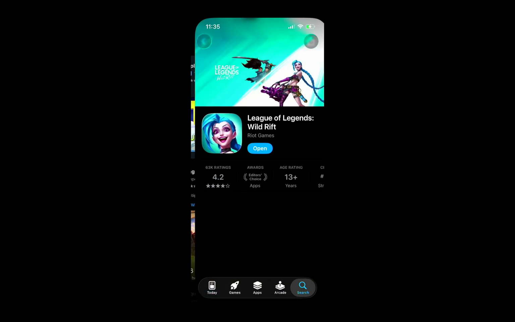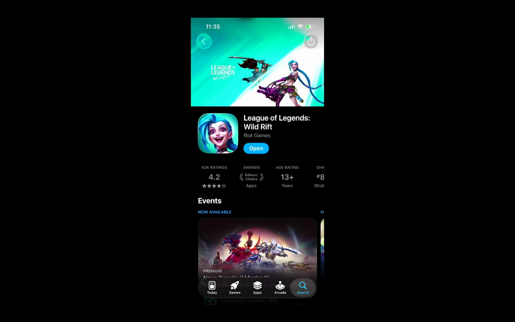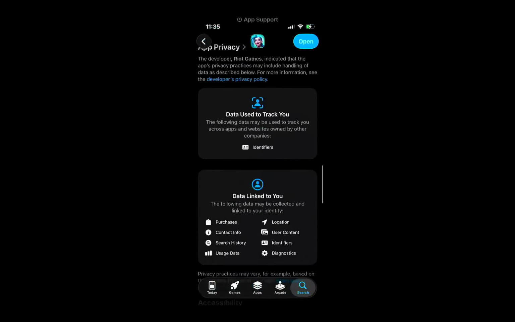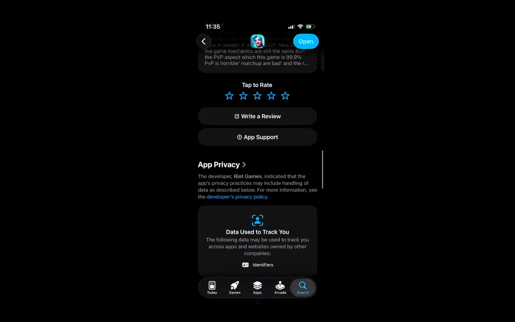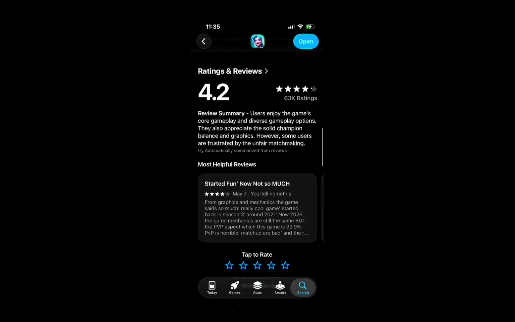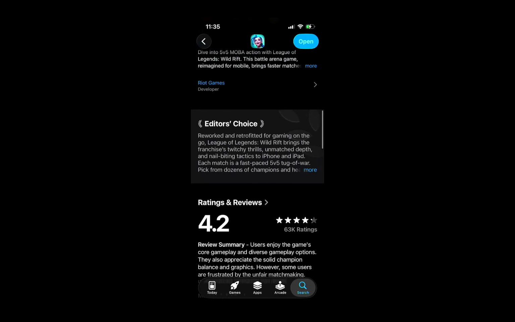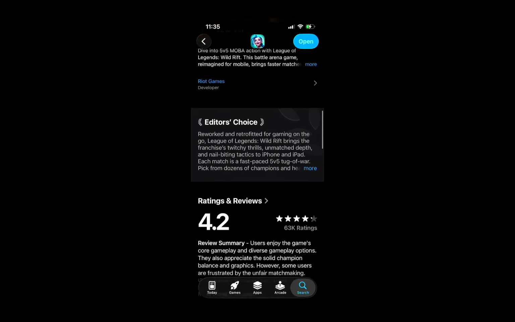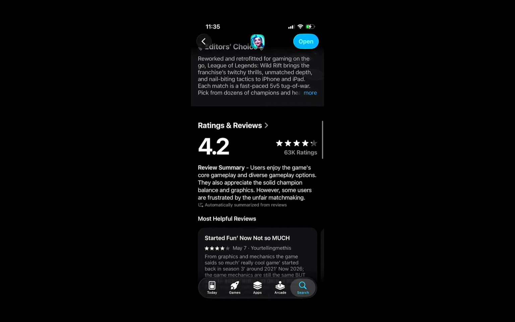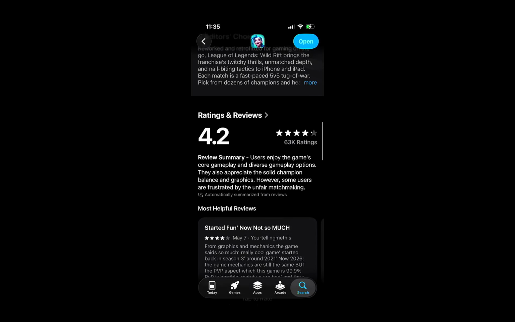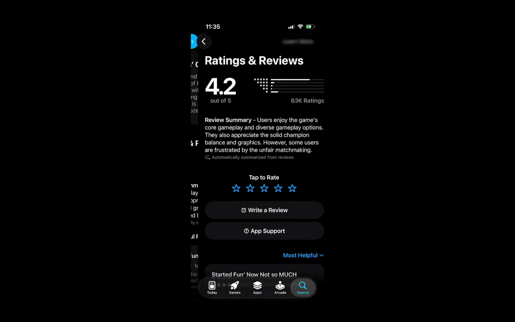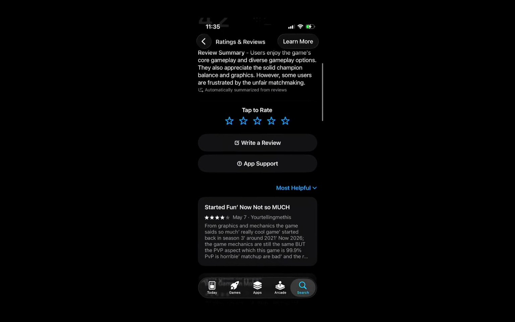If you don't see the Ratings and Reviews option in your account, there are a few things to keep in mind. First, make sure you're signed in with the same Apple account that originally submitted the reviews. If you're using a different account, your past ratings and reviews won't appear. Also, if you've never rated or reviewed an app before, that section may not show up at all. And depending on your iOS version, the option might appear in a slightly different place, sometimes under View Account.